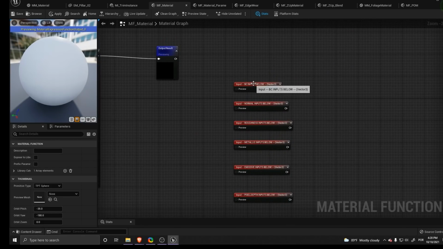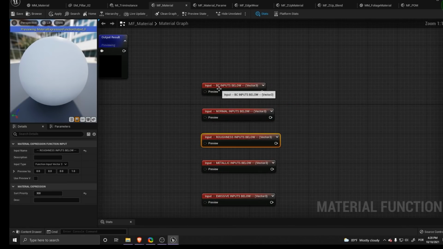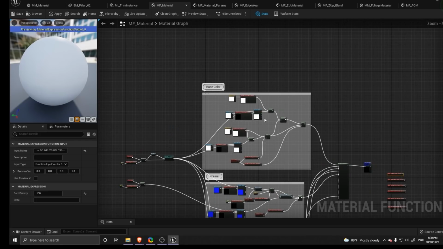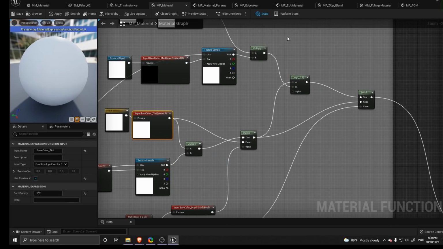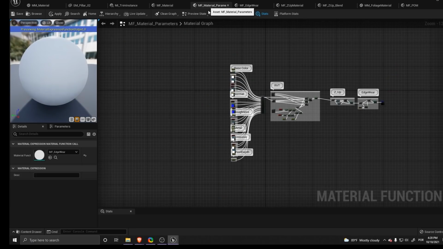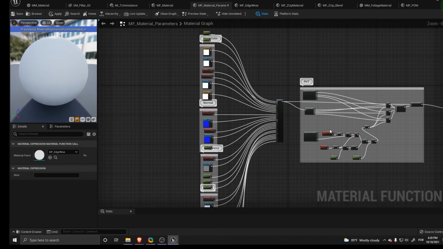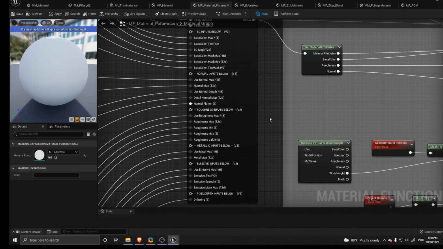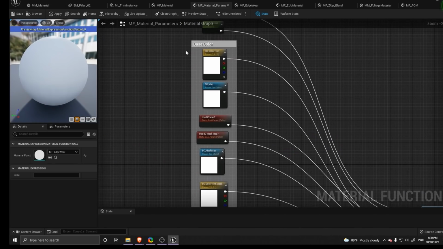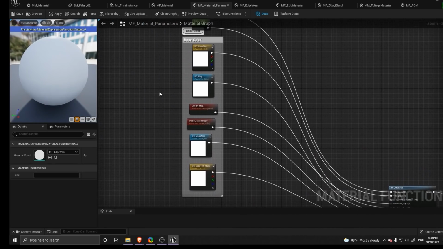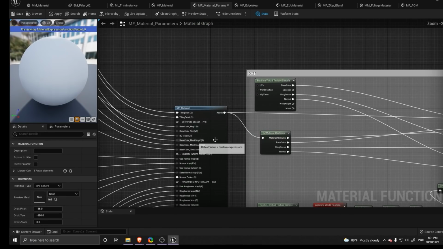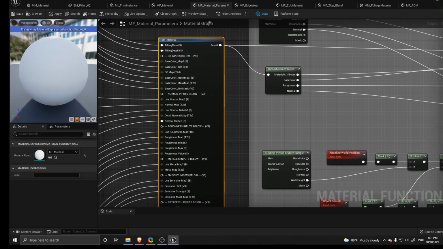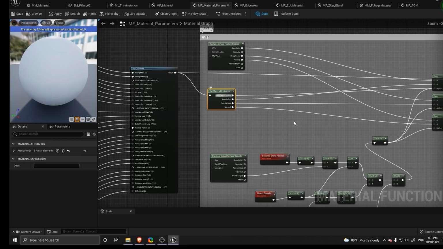With those, I also have some sections. So right in here, for example, I have my base color, and then I have the sorting. So all of my base color nodes are on the N100s, and that makes my life easier once we go to the second function, the material parameters. So right in here, I have it all separated by the base color, the normal, the roughness, and at this point, it's just connecting the parameters in place. So this part's pretty simple. And then I get the results of this function and plug that onto a get material.